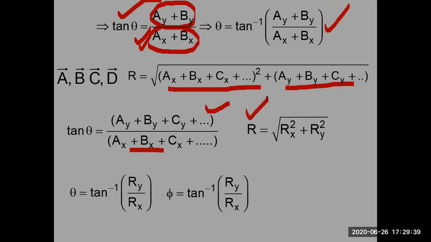So again, you are calculating the resultant. It will be Rx square plus Ry square, in the form of 2 axes. But in case of 3 axes, it will be Rx square plus Ry square plus Rz square. So finally, you are getting the direction, and the direction is the inverse tangent of Ry divided by Rx. So this is the procedure to calculate. These are the main steps to find the horizontal and vertical components, and then this is the procedure to calculate the angle or the direction of the vector by using this technique.